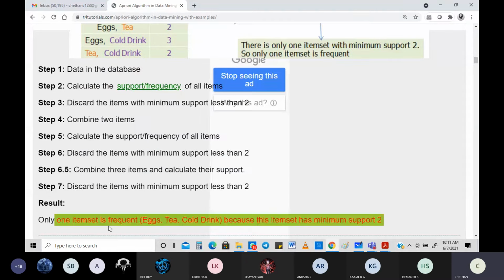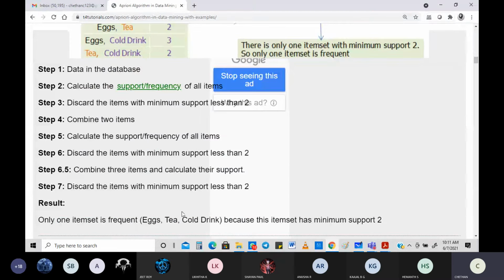Where do you think all these things become very important? When you have to design a very big retail store where you have n number of items, but you want to keep those items arranged in such a way that people will be taking those items in a very frequent manner. That is where these things will become very important.